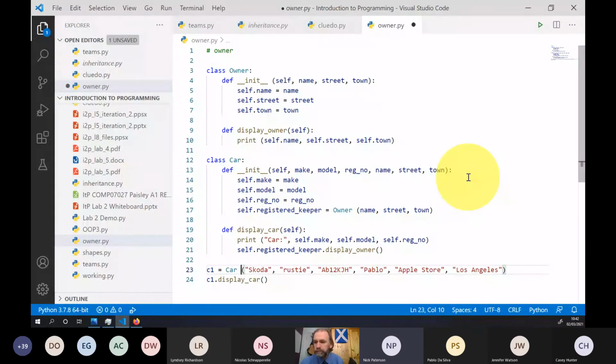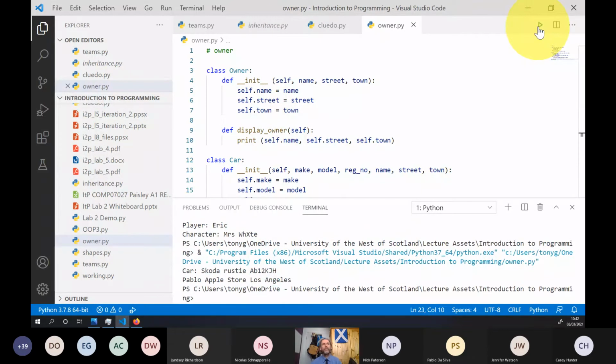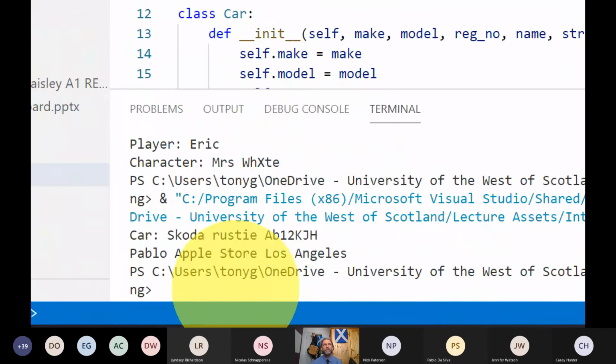Oh, no, it does. Okay, so we've got the car and we've got the owner.